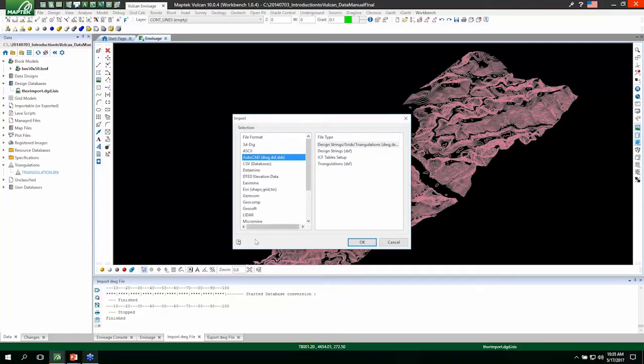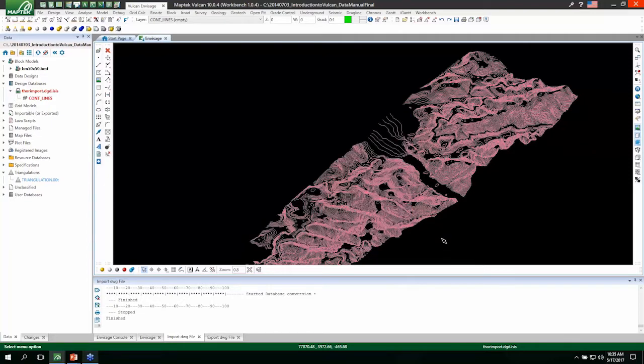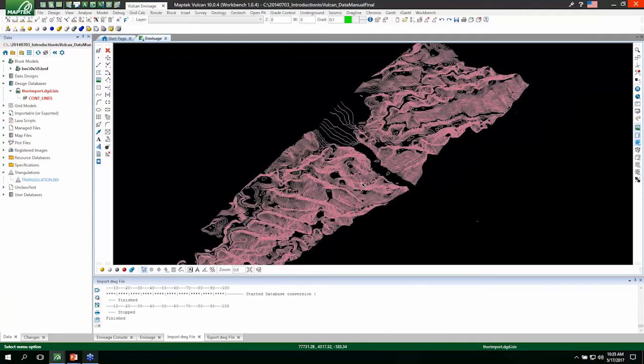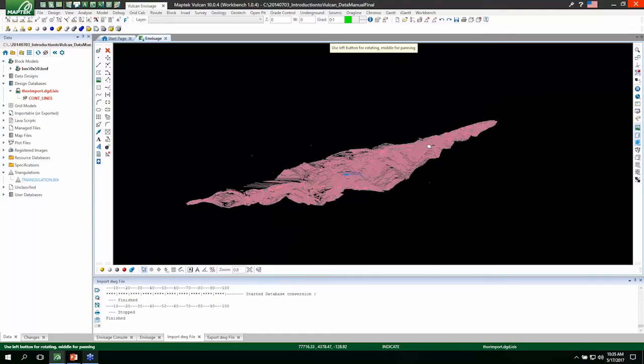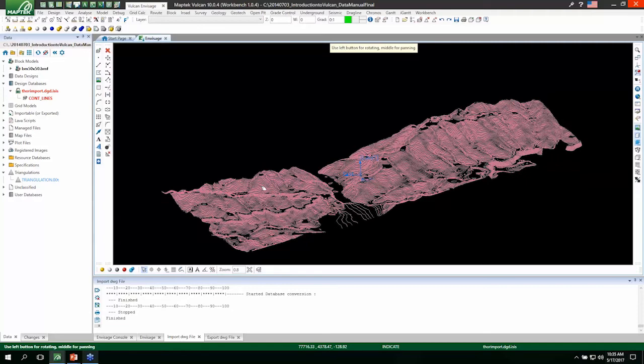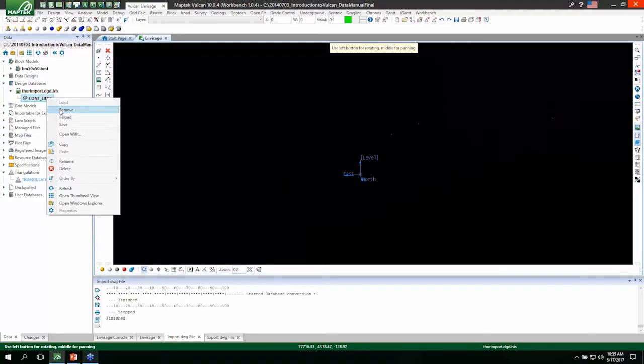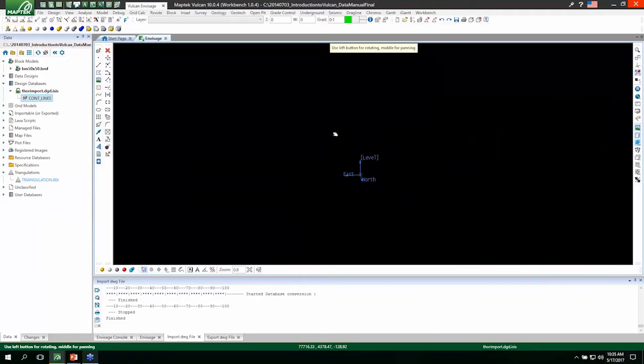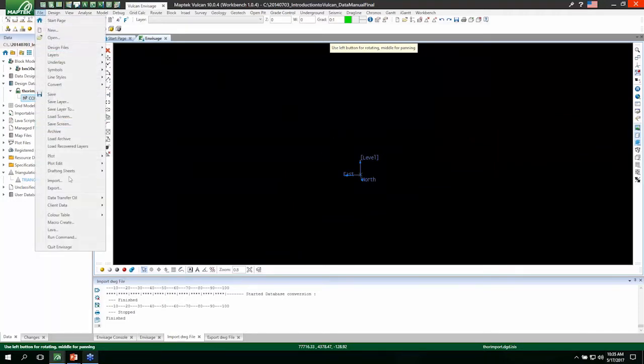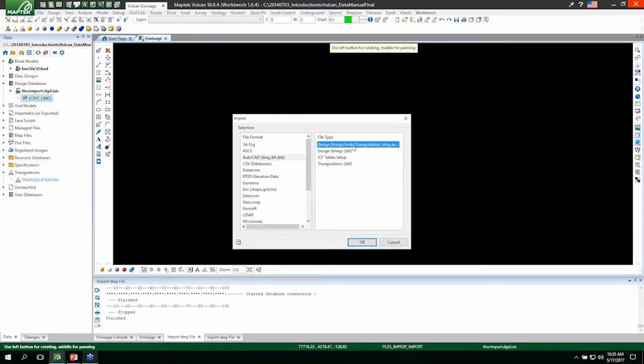You'll notice that the import panel recurses just like many Vulcan functions do. To get rid of it, I can either click here on cancel or I can just right click. So now you can see my line string data from my DXF has been imported. I'm going to just remove that data so we can continue looking at importing other types. So if I go back to File Import and back to the same option, AutoCAD and then DXF,